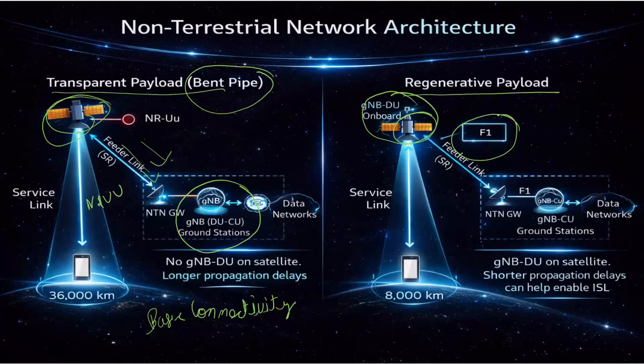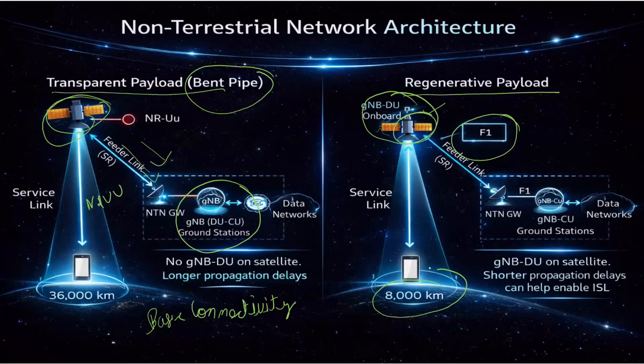So what are the benefits of this? Some intelligence is now in space, so this reduces the need to send everything back to the ground. So what is the impact? Low propagation delay, improved latency as compared to the transparent payload. Notice the altitude: in transparent payload, the altitude is around 36,000 kilometers, but in the case of the regenerative payload, it is around 8,000 kilometers. So lower altitude plus on-board processing leads to better performance in the case of regenerative